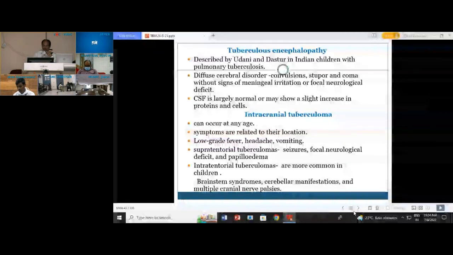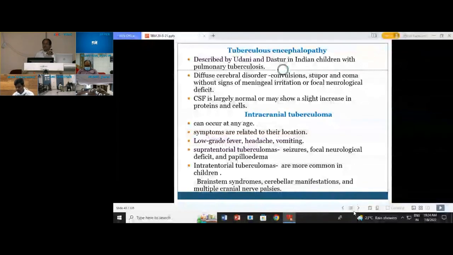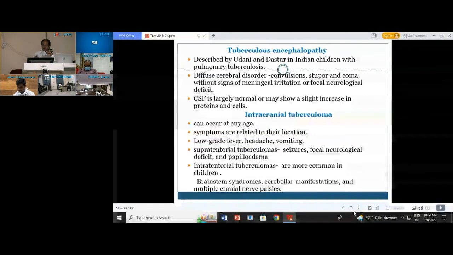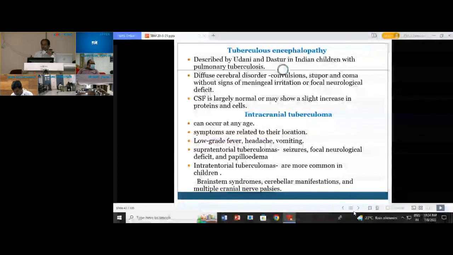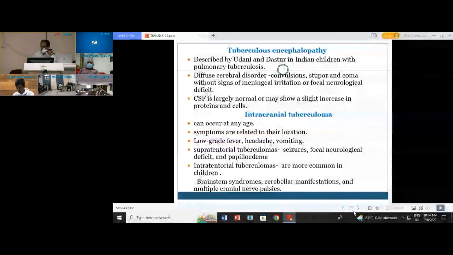The symptoms are related to the location, whether it is brainstem, frontal, temporal, parietal, or thalamic, with low-grade fever, headache, and vomiting. Supratentorial tuberculomas usually present with seizures, focal deficits, and papilledema. Infratentorial tuberculomas are more common in children. They present with various brainstem syndromes like bulbar palsy, ataxia, and multiple cranial palsies. A child presenting with multiple cranial palsies, ataxia, bulbar palsy, think of multiple tuberculomas as well